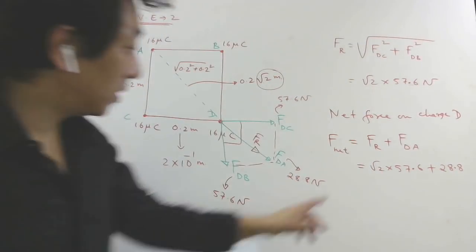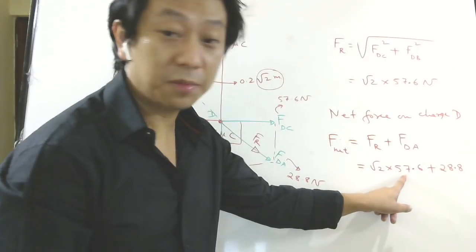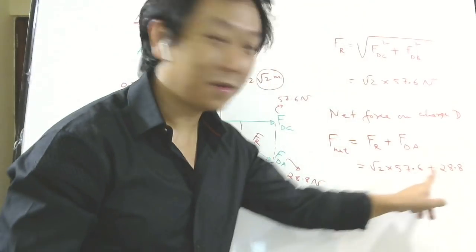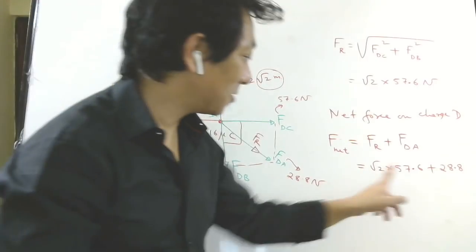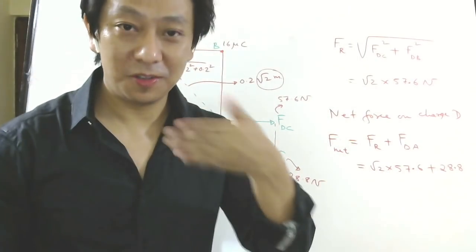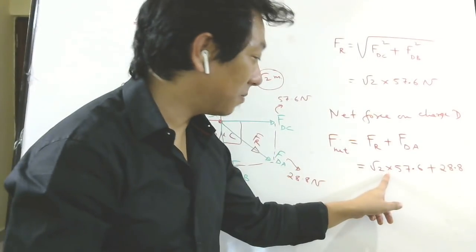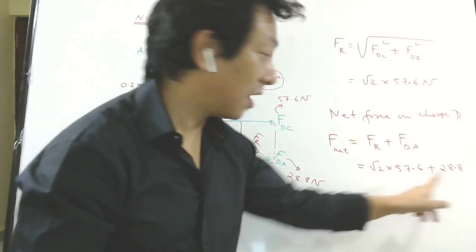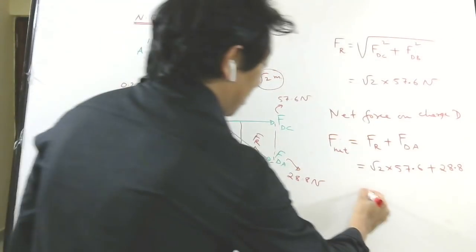So take your calculator, multiply this number with this number first. Okay, don't add these two. I have seen many students do that. So don't add these two first, because you have to use both numbers, right? So first the multiplication, whatever you get, then you add it to this. So that will be your answer.